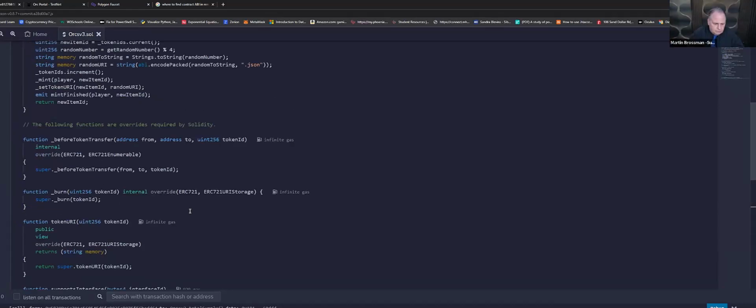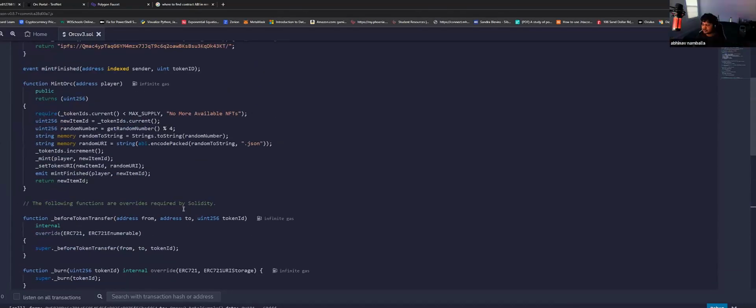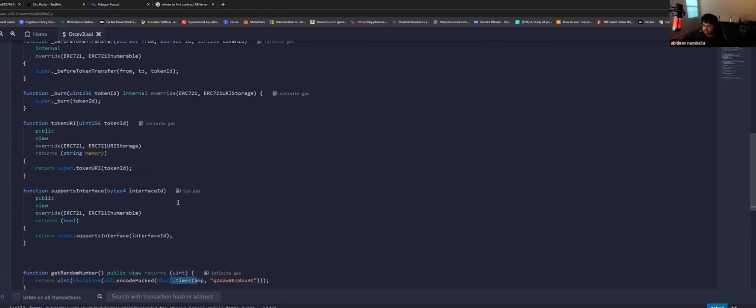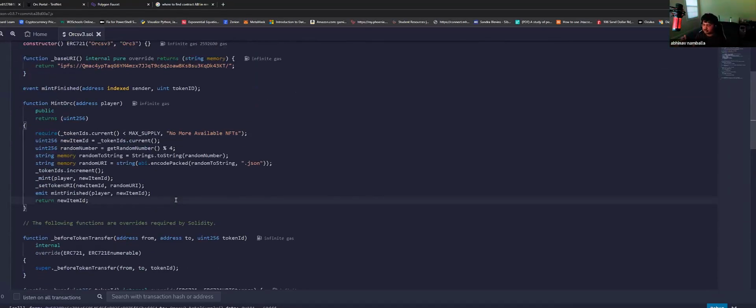For this, if a miner decides that they want to manipulate the block timestamp to get the random number to generate a yellow orc or a green orc, they could do that if they were to try to act maliciously. It would be kind of difficult for them to do, but it's possible, which is why this is considered a vulnerability. I just wanted to point that out, just so people looking at this